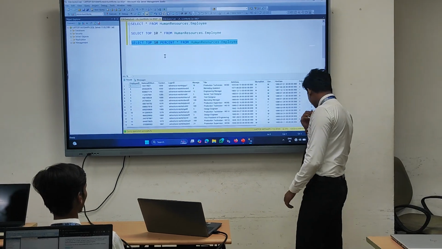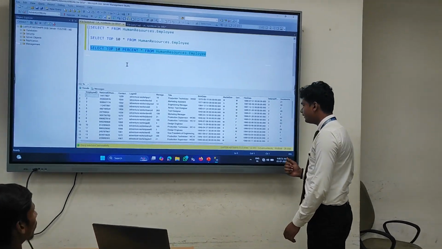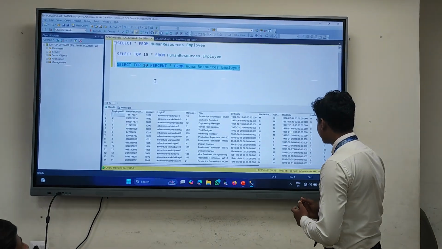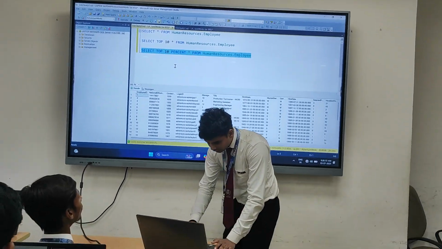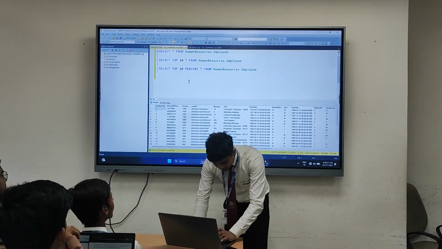Here you can see a total of 29 rows, which is 10% of 290 rows, and then WITH TIES.